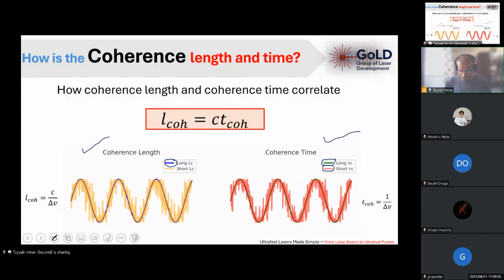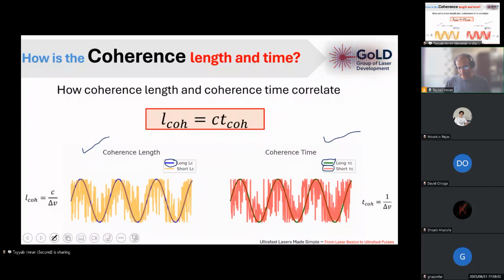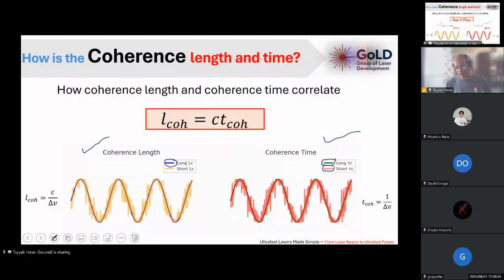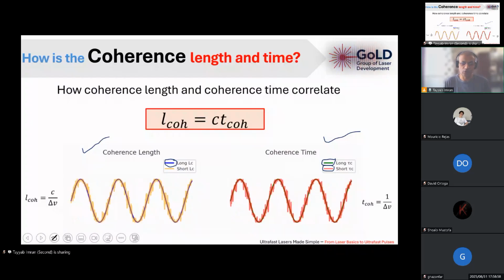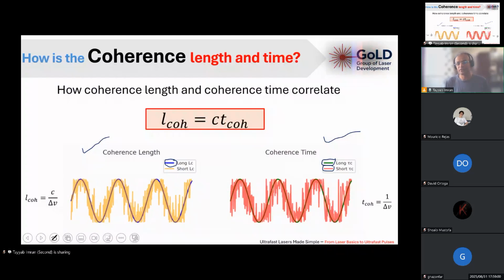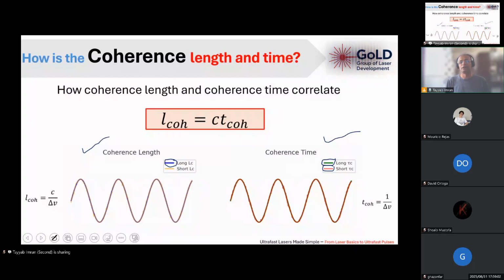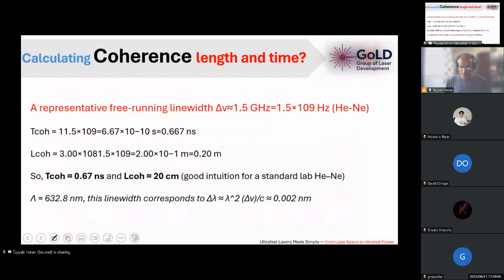So if you see the wave like this, then you can guess, okay, this one is coherent and it has a long coherence, and the other portion is randomly moving or something. It has a short coherence or it doesn't have coherence. Okay, so one example: if we take the helium neon laser, a free running CW type